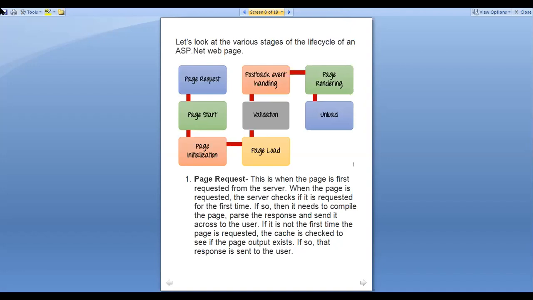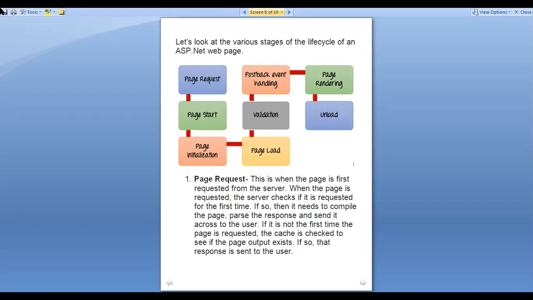But if it is not the first time the page is requested, the cache is checked to see if the page output exists or not. And if that output is available in the output cache, then that response is sent to the user. Directly that page will be displayed to the user. The further processing which we have to do for the first time request is not done.